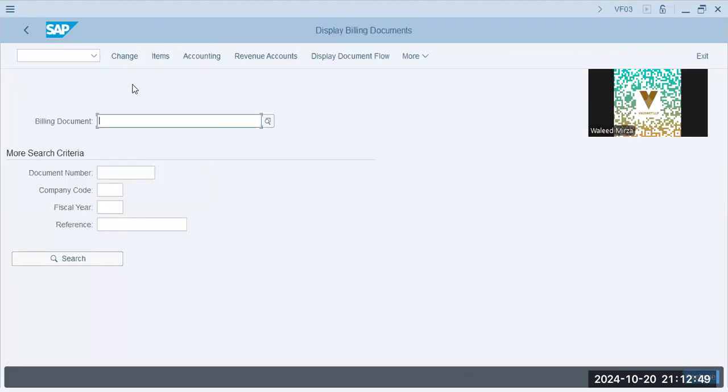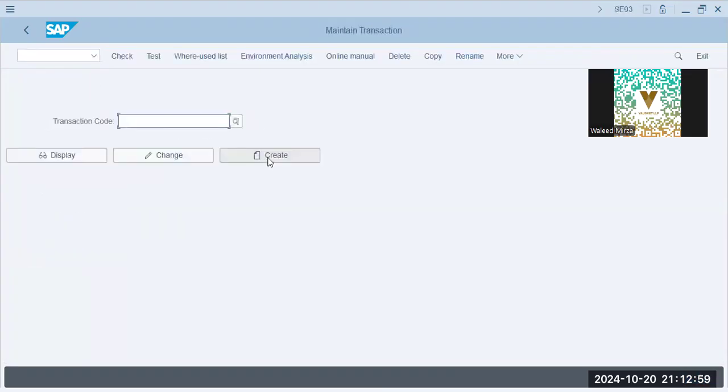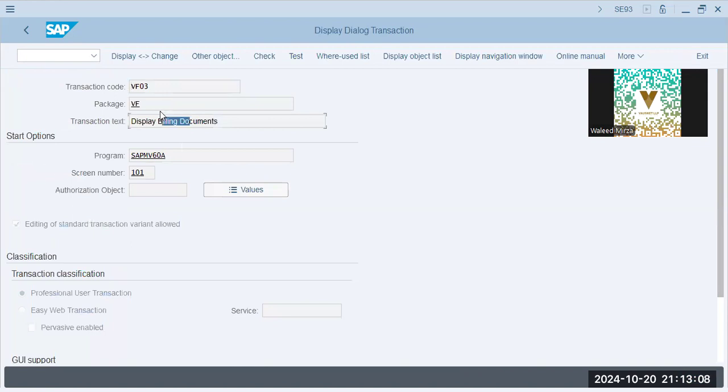This is our billing document. What program is running at the back of this billing document? Let's see that through SE93. The transaction code VF03 is for displaying the billing document. This is the program. If I double click it,